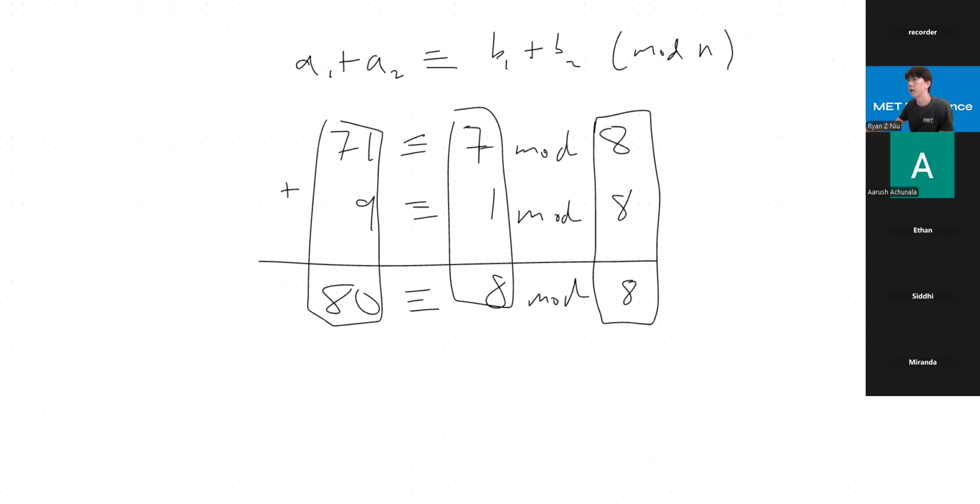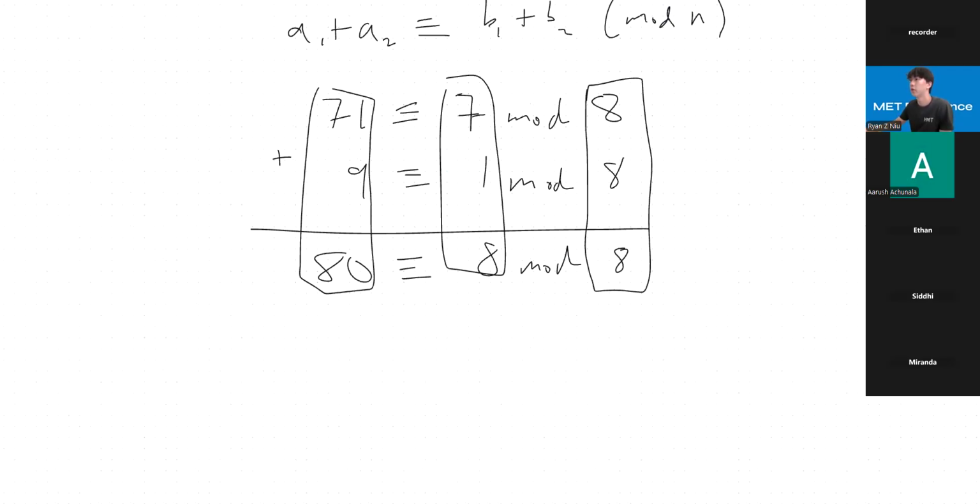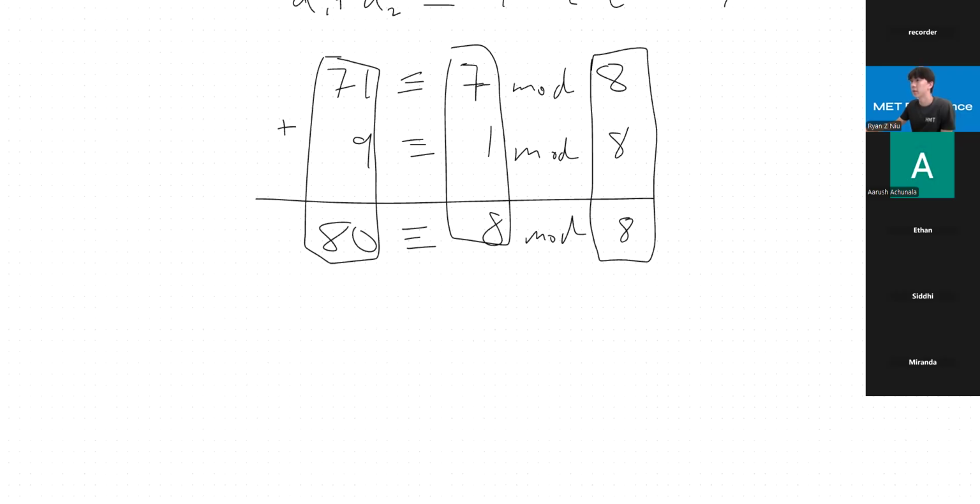So just keep that in mind when you're adding modular equations together, right? And so 8 mod 8, that's the same as saying 0 mod 8, right? Because it leaves a remainder of 0 when you divide by 8. Leaving a remainder of 8 when you divide by 8 is just 0, because